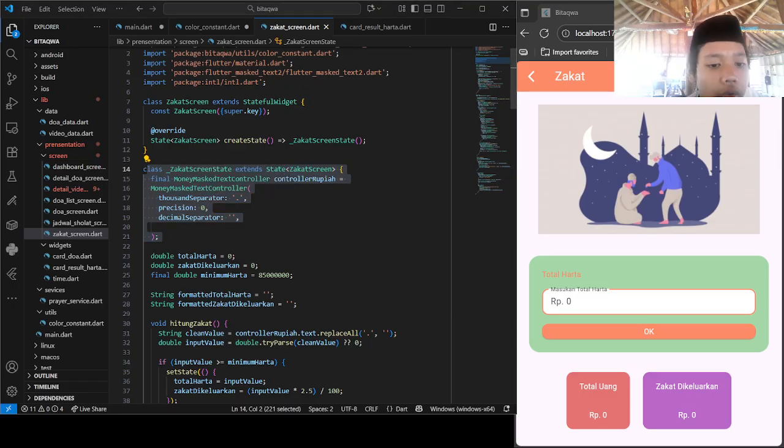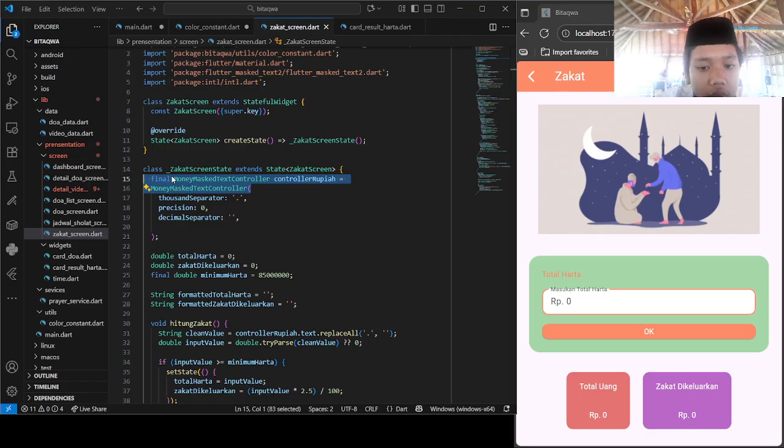Okay. And now let's go to this section. What is this section for? It's for the logic and the preview. Final money masked text controller rupiah: this one is to input the money and make it auto-format to become rupiah.